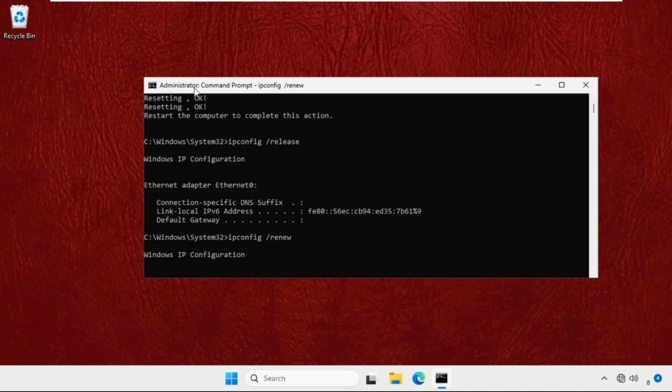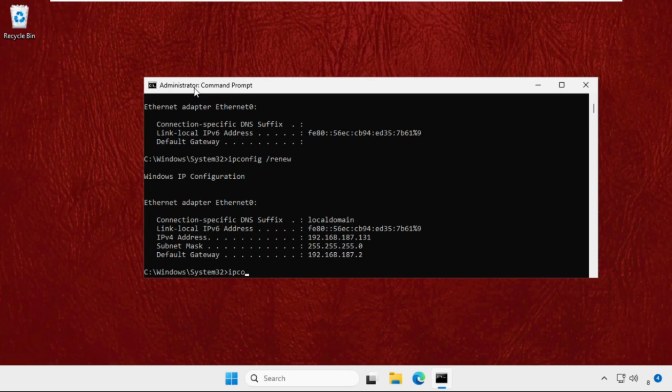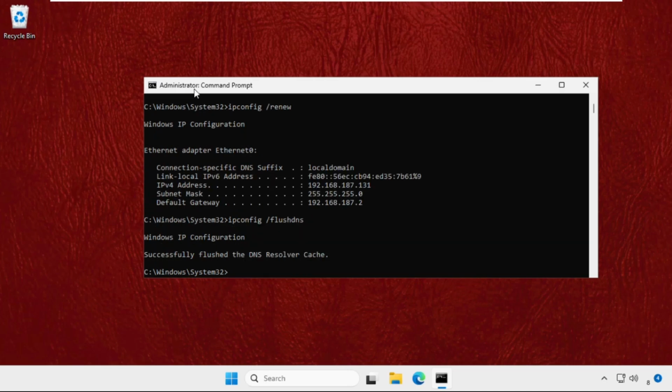We need to wait for it, and once done, type in ipconfig space slash flushdns and hit enter. Now type exit,